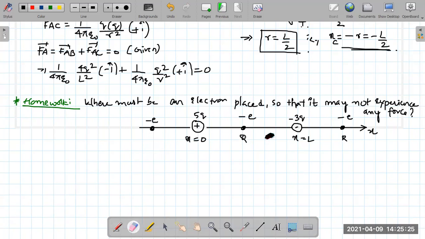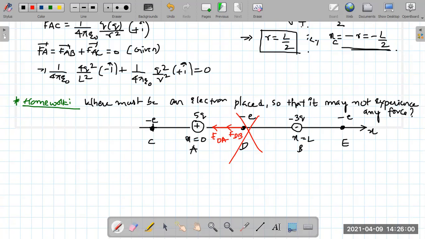Q doesn't make any sense. Let's give it different names. Let's call this A, this is B, let's call this C, and this D. Does D make sense here? No, sir, because force on A due to D is towards left. At the same time, force on D due to B is in the same direction. Both of them are in the same direction, so it doesn't make any sense. This is not valid.